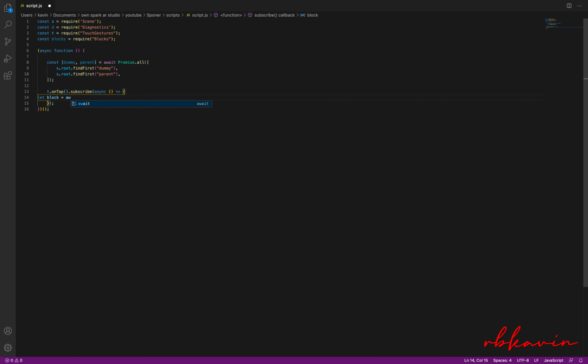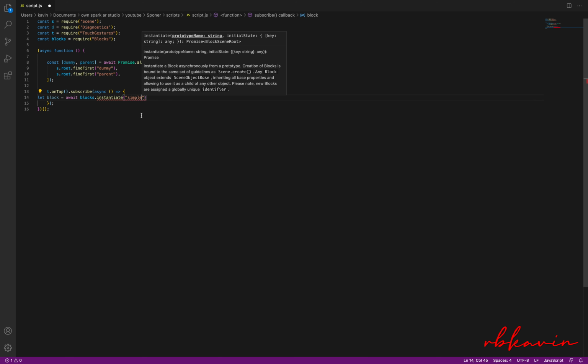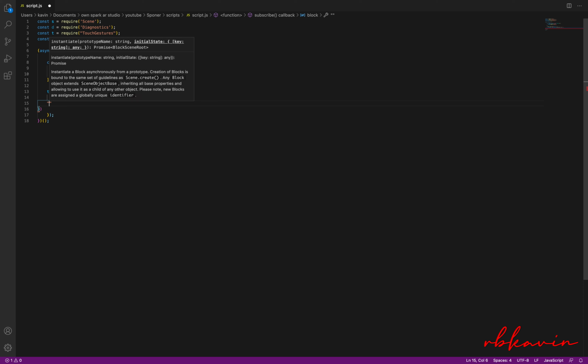Now we are going to create an await and then blocks dot, and if you type dot itself, the autocomplete will show the options. Under this we are going to use instantiate. In our case we are going to use the simple block. I'll copy the name and paste it over here, then give a comma, open a parenthesis, and under this I'm going to type name.